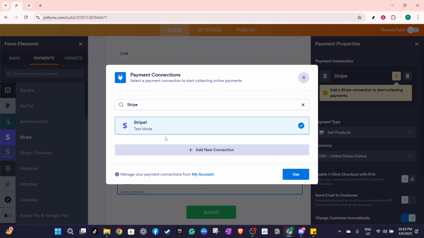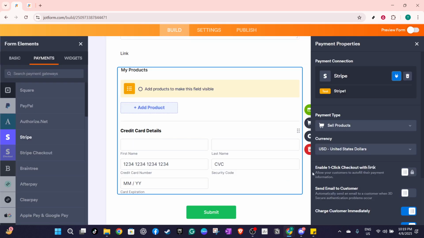Once your payment gateway is successfully connected to your form, you'll notice an option to use at the end of the setup. Click on Use to finalize the process, and there you have it, your Jotform is now ready to accept payments. Remember, having a connected payment method lets your customers transact smoothly, making for a better experience